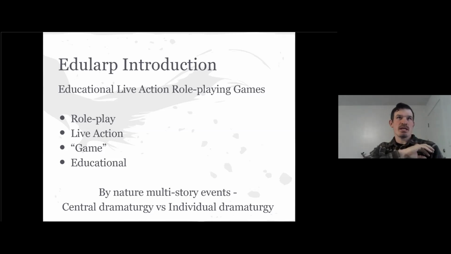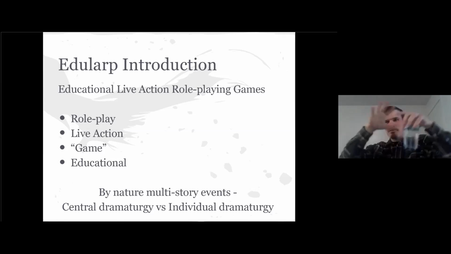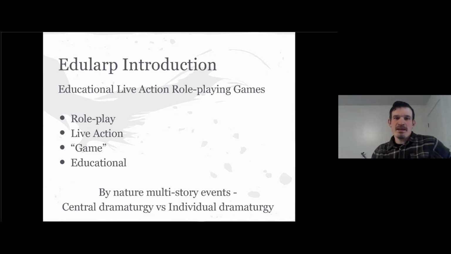There can be a story that most, if not all, story arcs relate to, but there is definitely an individual dramaturgy for each character, potentially for each group, then for each bigger grouping, and potentially for the whole event as a whole. That is a different way of thinking about theater or drama than on a stage or in a movie, where we follow several stories, but one at a time, and they then coalesce. Here, all the stories happen at the same time, individually experienced by everybody who is in it.